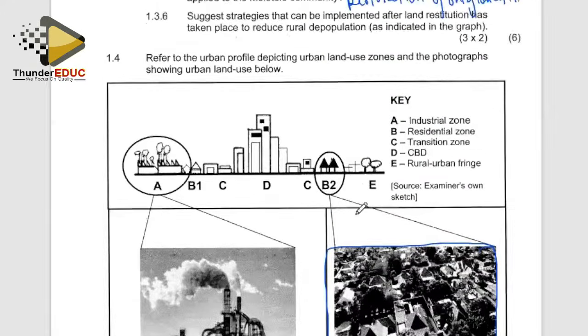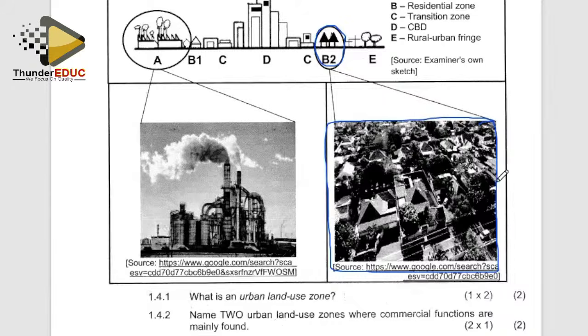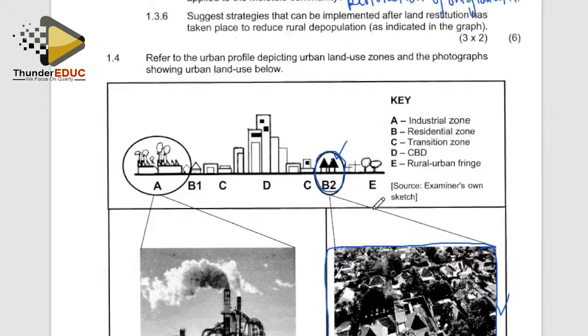Right. So we are going to use this here, and we are going to use this here. These are our 2 pieces of evidence. We want to find justification that that one is a high income area. By looking at this profile, we analyze using the location of this area here. If we check the location, we can safely conclude that this is a high income area because it's located away